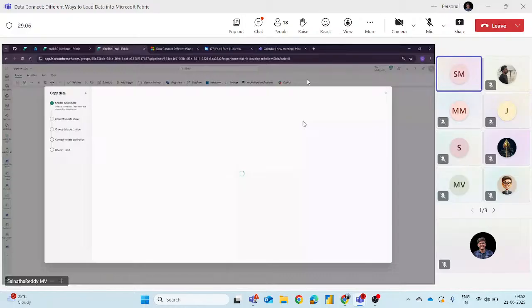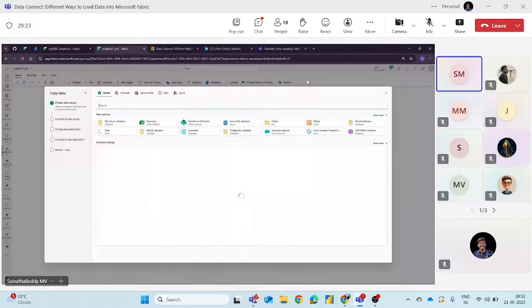It's loading. Previously we used a separate tool like ADF, right? Like those pipelines, we can directly use all the ADF-related connections in Fabric itself. Now I want to use this option, HTTP.